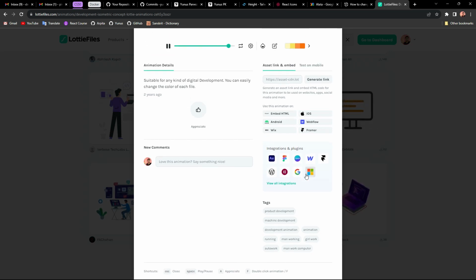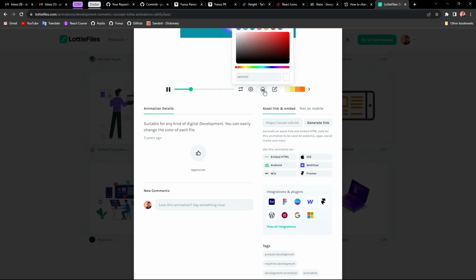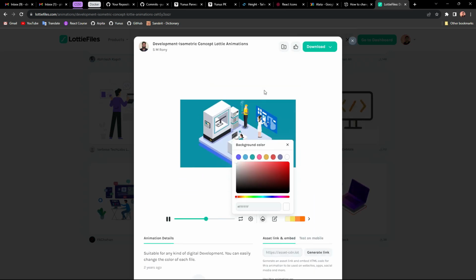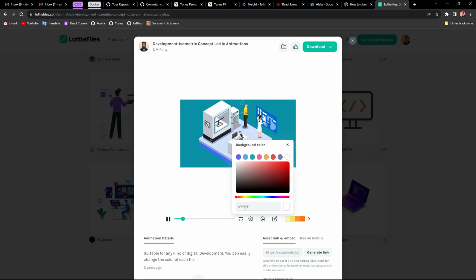Integration and plugins. Background color. We can give it a background color, right? So we're gonna use that. We're gonna put that background color here.